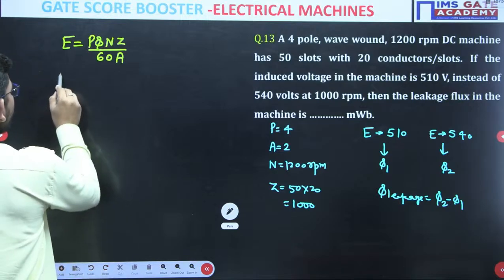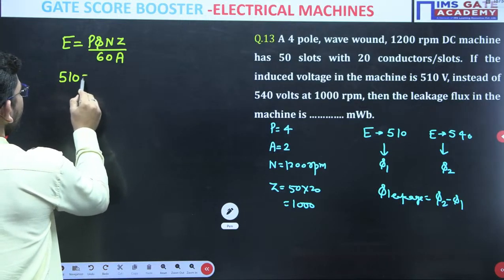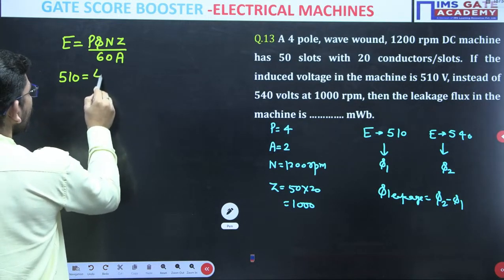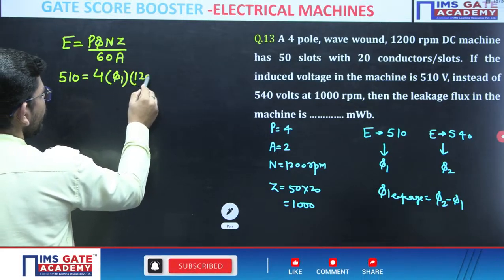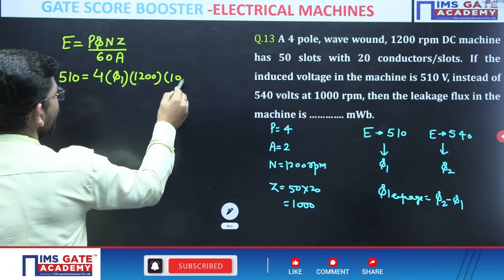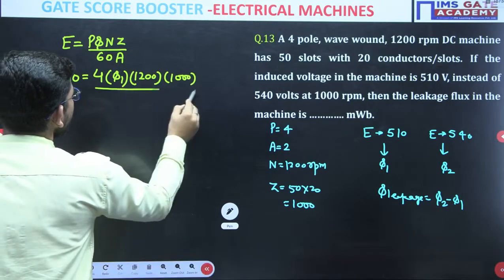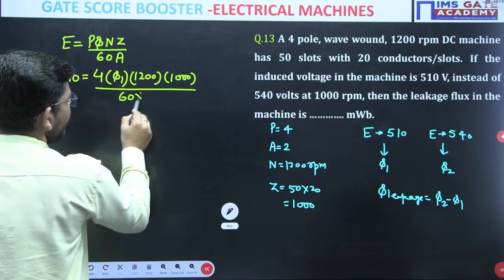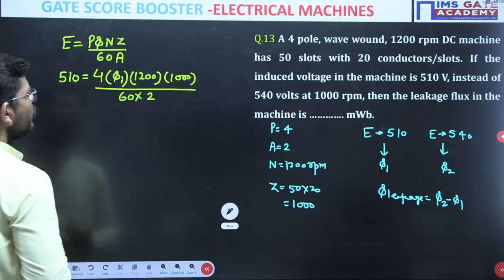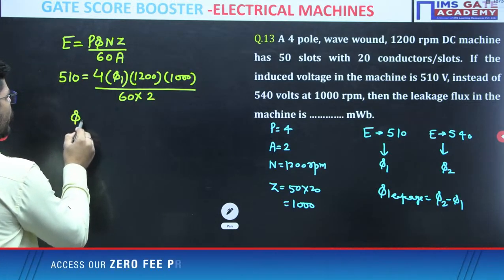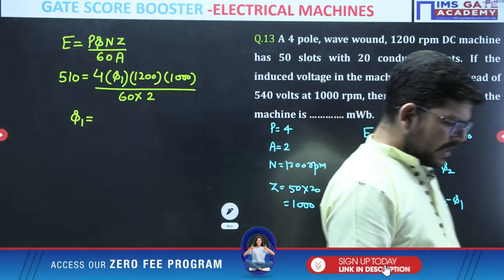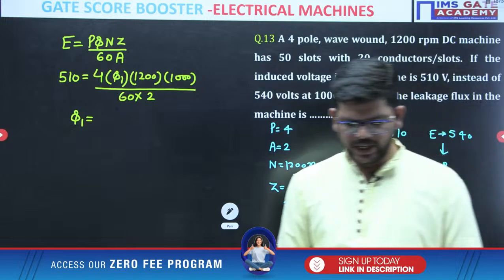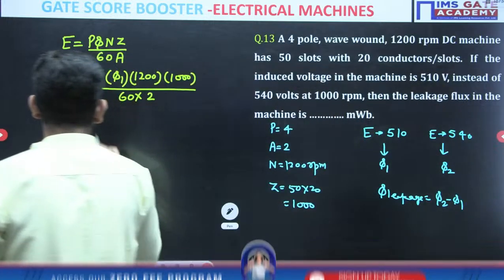The formula for E is P phi n Z by 60A, right. So in the first case it is 510, number of poles are 4, phi will be phi1, speed will be 1200, Z will be 1000, divided by 60 into A, which is 2, right. So from here when you calculate phi1, everything is given. When you calculate phi1, what I am getting is 0.0153